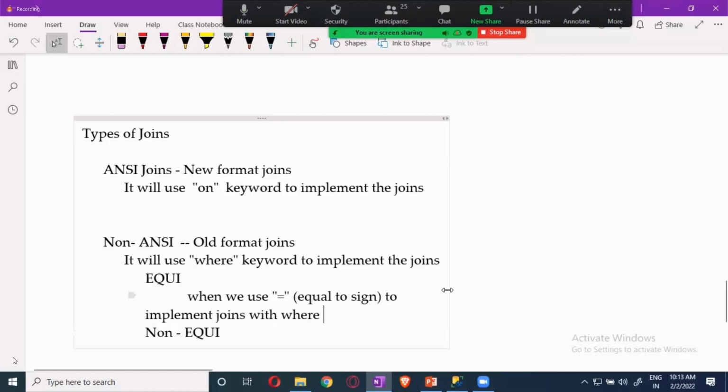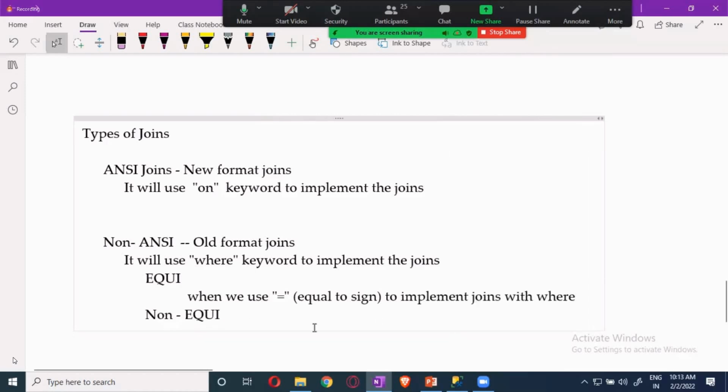Now there is something called non-equi joins. Here, apart from the equal to sign, whatever conditional comparison operators there are, we use them here.